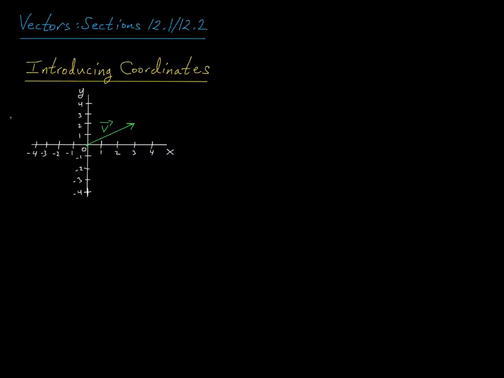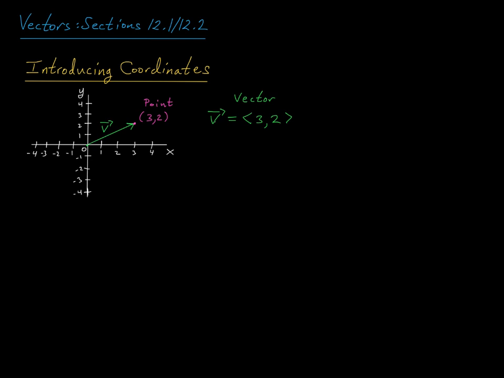Okay, now that we've discussed vectors as arrows, we're now going to introduce some coordinates to describe vectors. So you see this vector v in the xy plane, its tail is at the origin, and its tip is at the point (3, 2). Okay, so I could go ahead and describe this vector v in what I'll call the component form, where notice